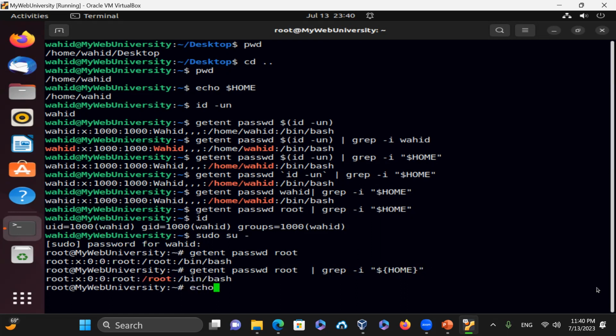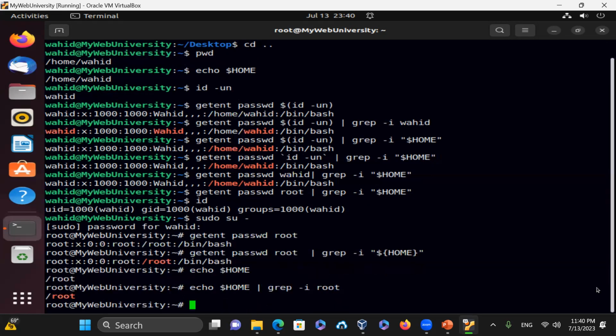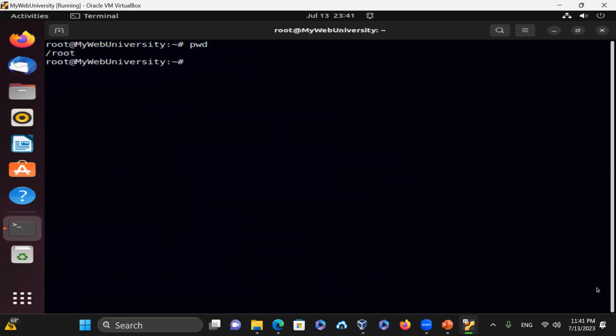So echo $HOME also gives you the same thing. And if I grep -i root, then it will show root in color. So there's a number of things, but the job of this one is to just create a